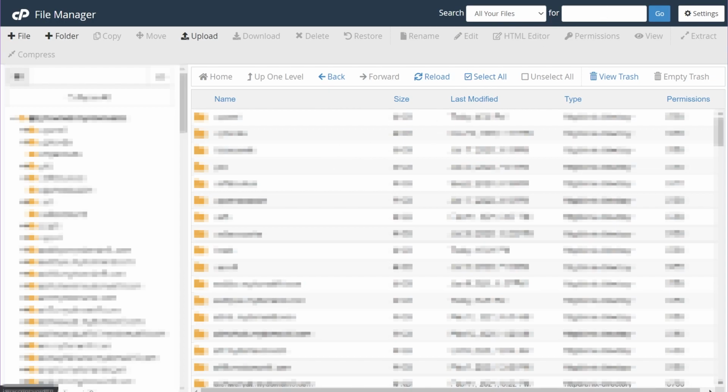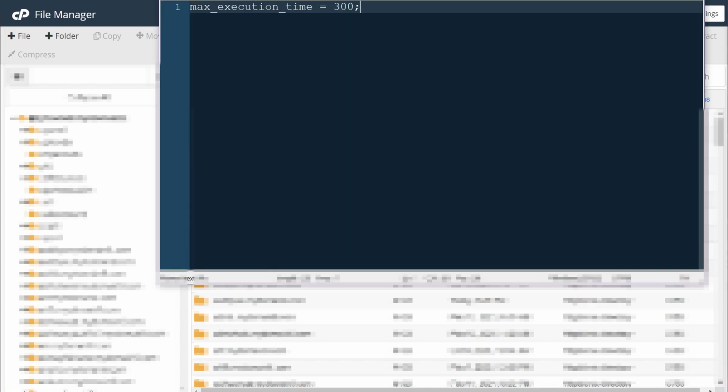Once you find the file, open the file and add the single line of code that I'm going to show on the screen to the php.ini file. So this is the line of code you'll need to add to your php.ini file. Whatever is already present in the file, don't touch it, just add this line of code and paste it. Make sure the code is exactly as you see on the screen. Save the file, and if you have to download the file to your computer before you edit it, then you will have to re-upload the file to your server as well.